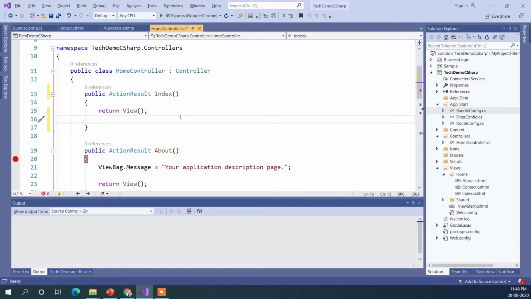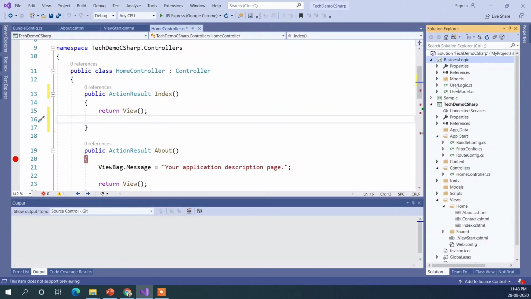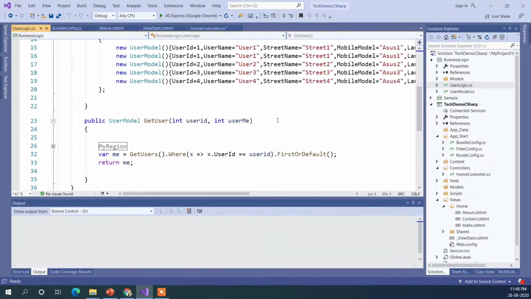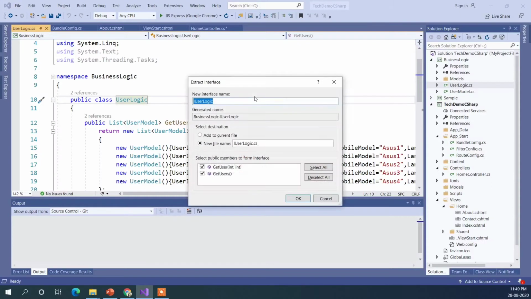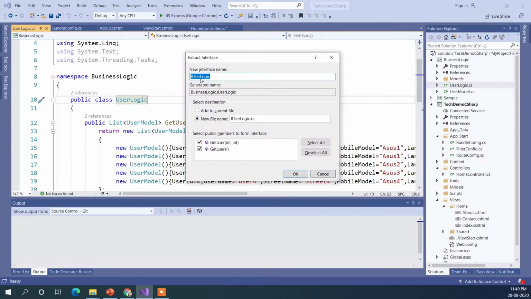Next Visual Studio shortcut is for extracting the interface. For extracting the interface, we have a class. I have two functions here. Many times it happens when we have an old project, we need to use DI with it, and we need to create an interface from this. The easiest way to do it is using Control R I. You need to click on the class and do Control R and I. It will give you a pop-up with the generated interface name.